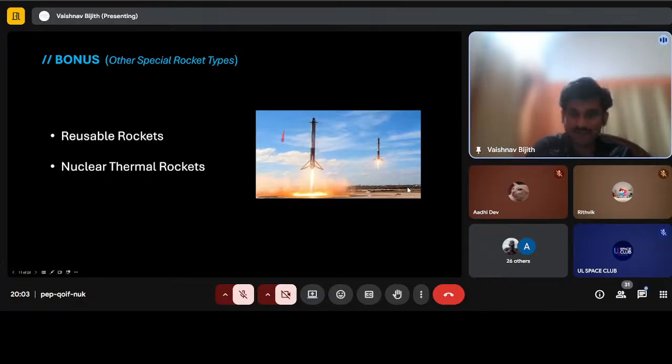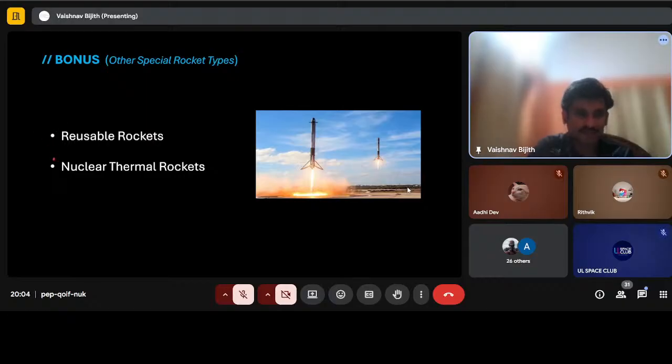I think most of you are familiar with this picture here. This gained huge popularity in recent years due to SpaceX, Elon Musk's company, which invented reusable rockets. You can actually send a rocket out into space and bring it back. Earlier it was not possible, but due to high advancement and new technologies, reusable rockets are a thing now.